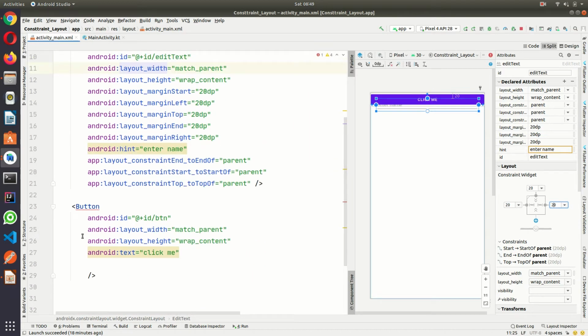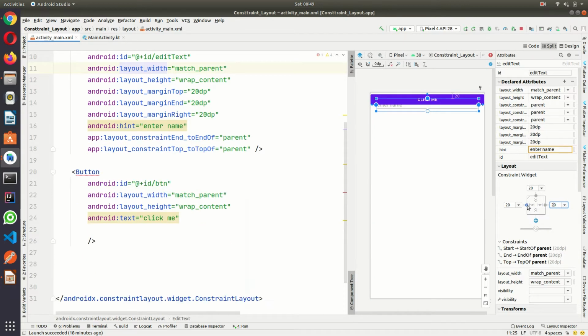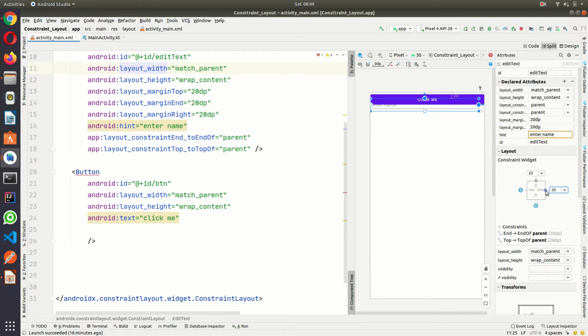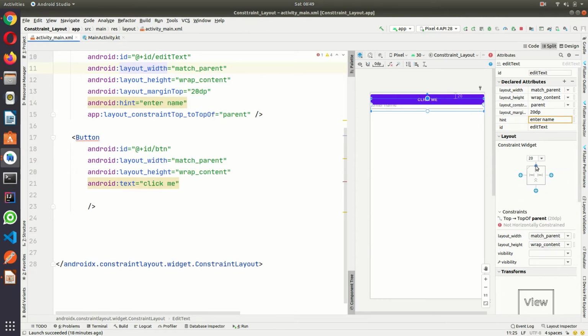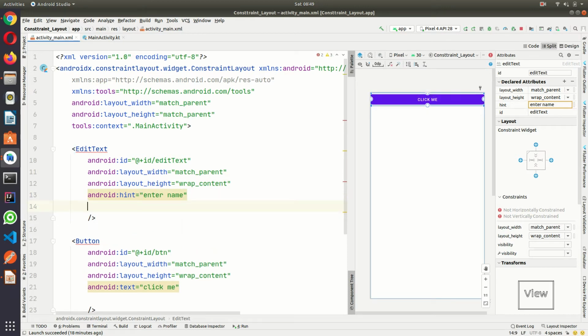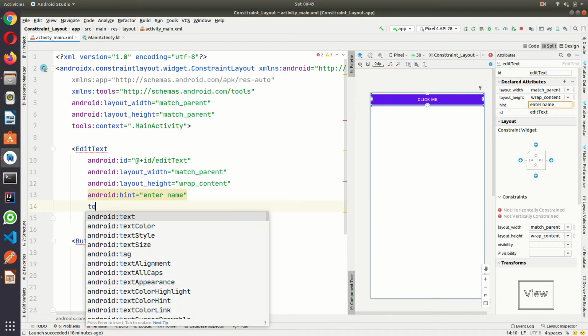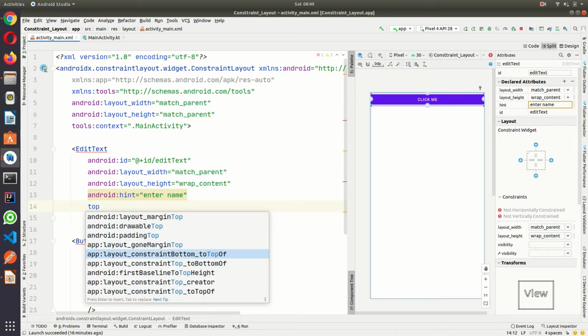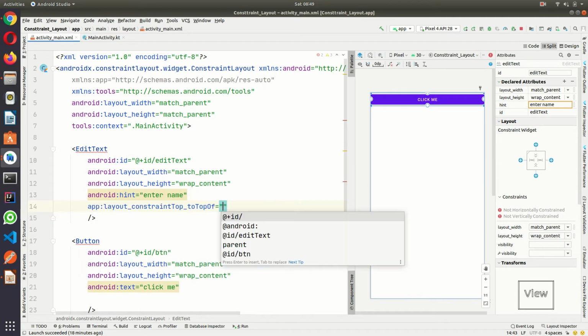Okay, if you don't want it from here, you can click to delete this constraint, this one also, and this one also. If you want to add it manually, you can write top of here, see, you can get the option constraintTop_toTopOf.